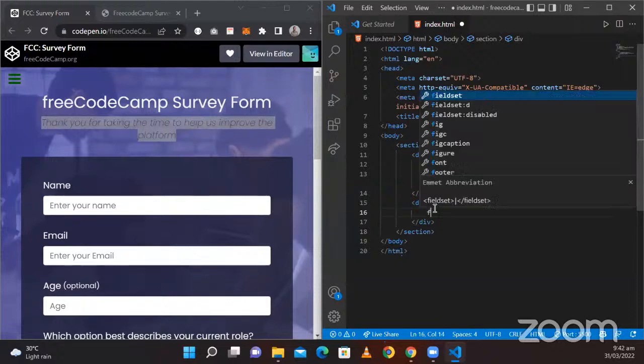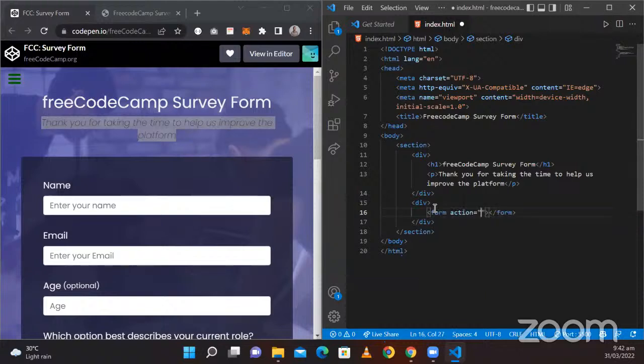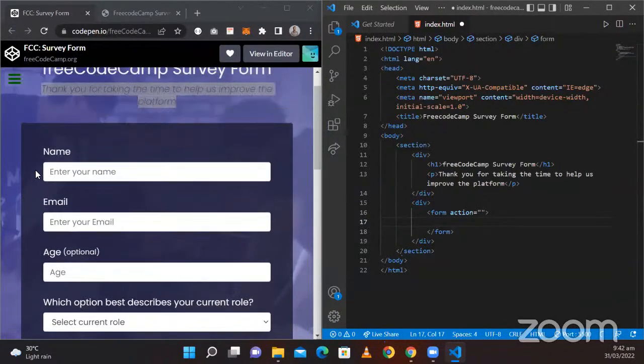So inside here now, I'm going to put my form. My form is inside here. So this action, I'm just going to leave it here. I'm not going to use this. So inside the form, you notice that we have